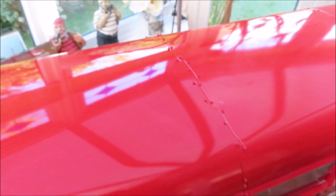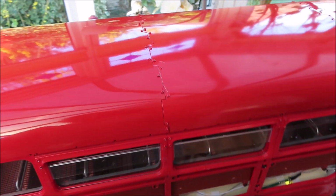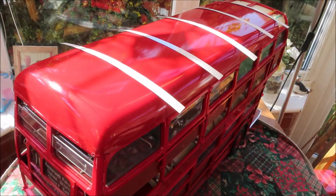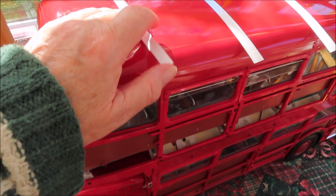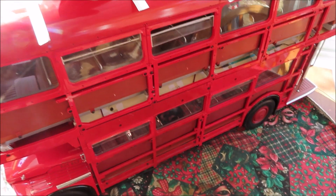Okay, now on this other model, so many people are trying to change that situation by perhaps filling in all these holes and respraying the whole thing, which when I get the right paint, I might well do myself. I'm more toying with the idea, perhaps, of adding paper strips painted in the right colour over the row of knobbly screw heads, and adding extra ones in the right places there,